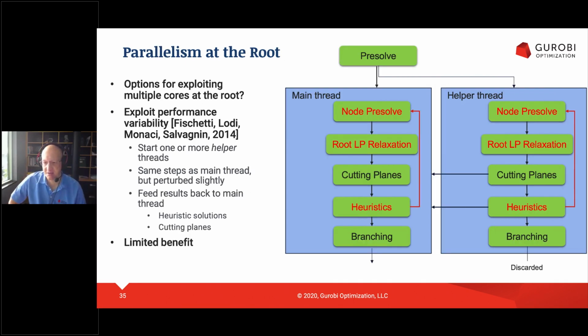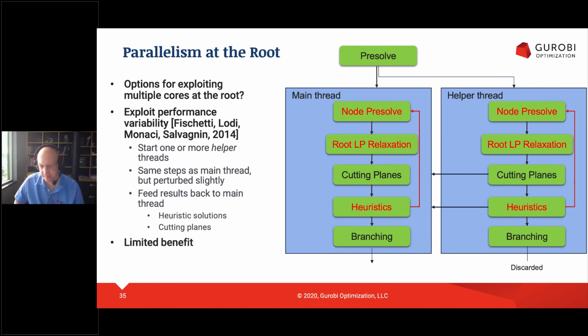So how do we exploit parallelism at the root? Well, there are options. One thing we do at the root is exploit performance variability. In fact, we don't just solve one root, we solve multiple roots, and each root has some subtle difference from the main thread. So change the random number seed, change a parameter, change something, with the hope that if we have multiple independent roots solving, and one happens to solve better than the others and produces better results, we will be able